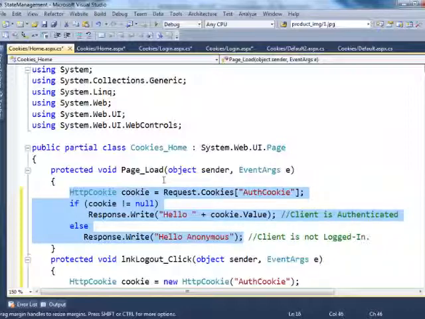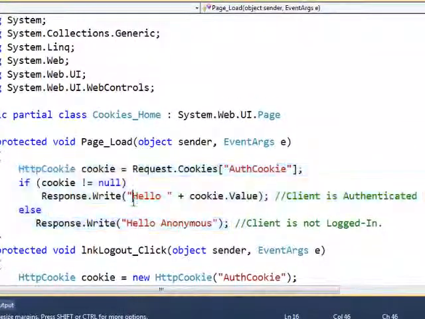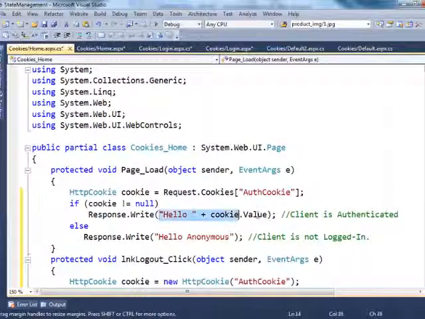Okay, so from the login page, if I give username and password correct, both are equals, and if I select the checkbox, here we are making the redirection to home.aspx. In home.aspx, in the page load event only, we are checking whether the cookie is there with this name or not. If it is there, and if it is not equals to null, displaying the value of that cookie with this message hello.